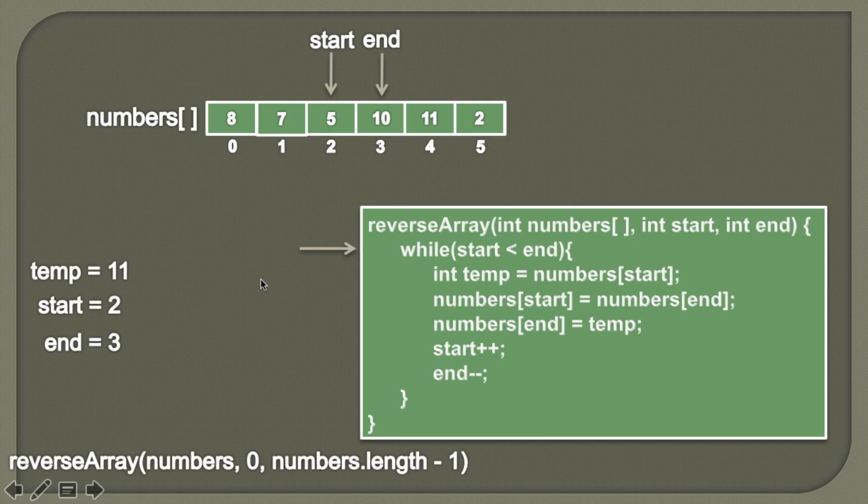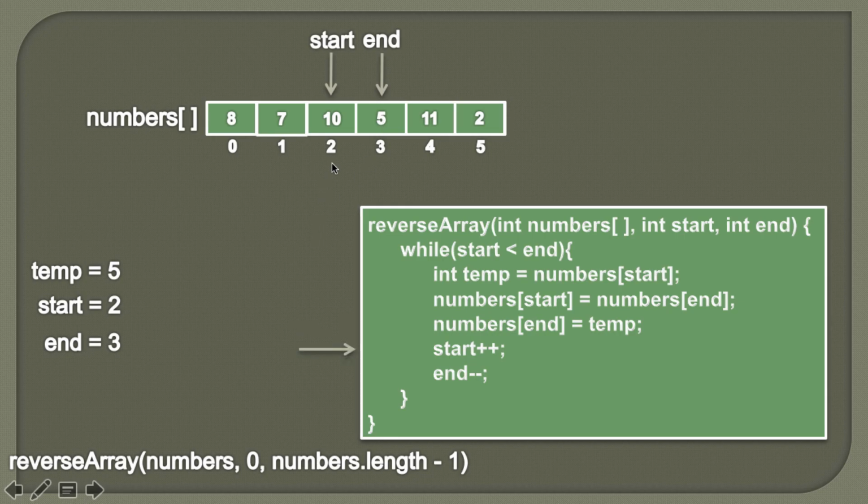Moving ahead, now again condition in while block comes out to be true because 2 is less than 3. So now we will swap these two values. We'll assign the value at index 2 to temporary variable. So now temporary variable is having value as 5, and then we'll simply assign the value at index 3 to index 2. Moving ahead, and finally we will assign the value in the temporary variable to the numbers array at the end index. So it becomes something like this,